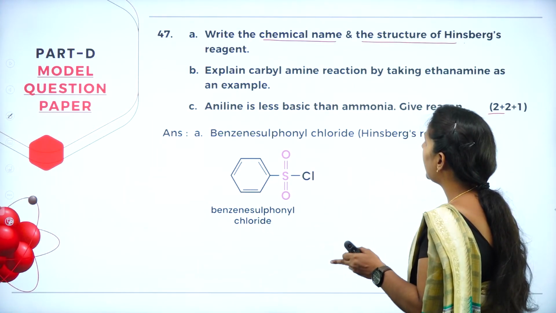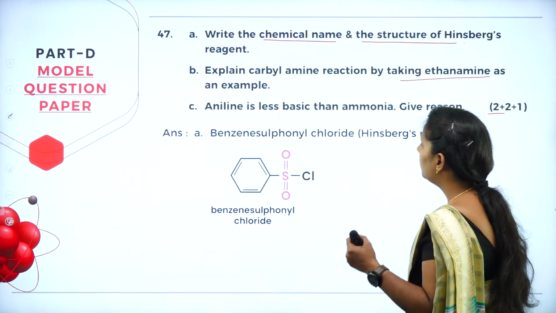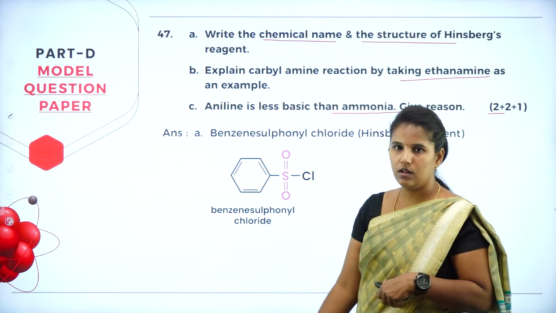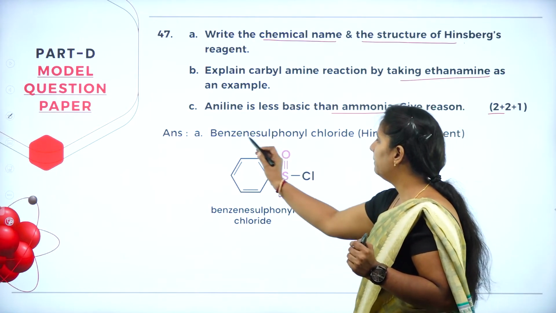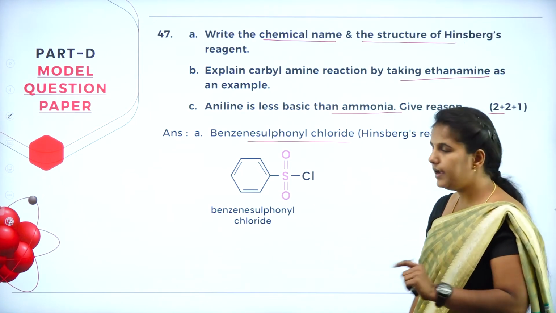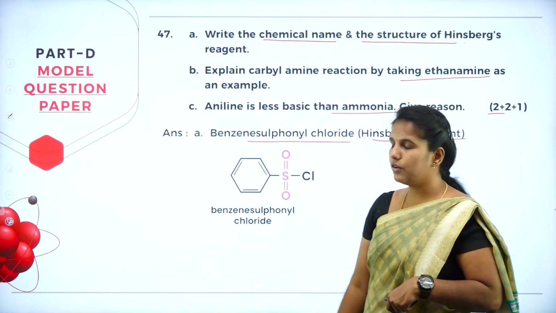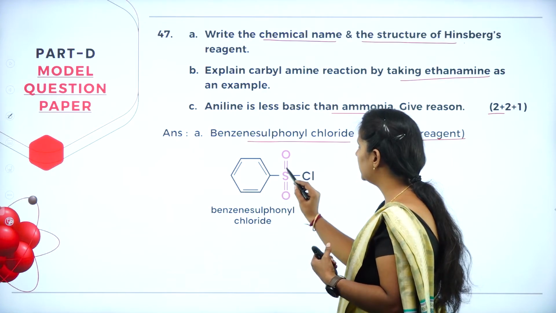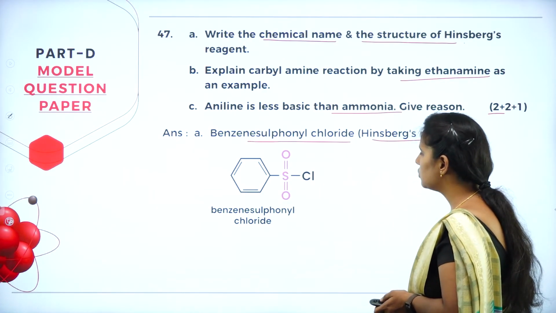And explain the carbylamine reaction by taking ethylamine as an example. Why is aniline less basic than ammonia? Give one. We all know what the Hinsberg reagent is, which is nothing but benzene sulfonyl chloride. The structural formula goes like this: a benzene ring with SO2Cl, which is also known as